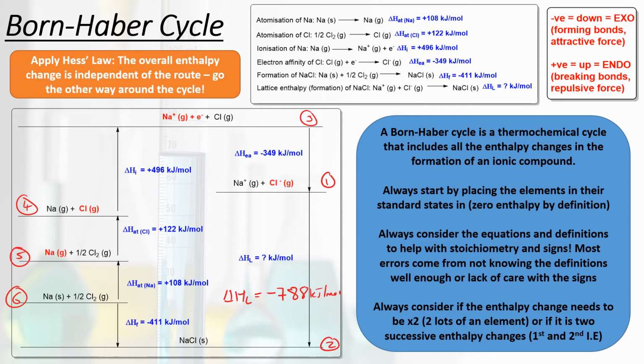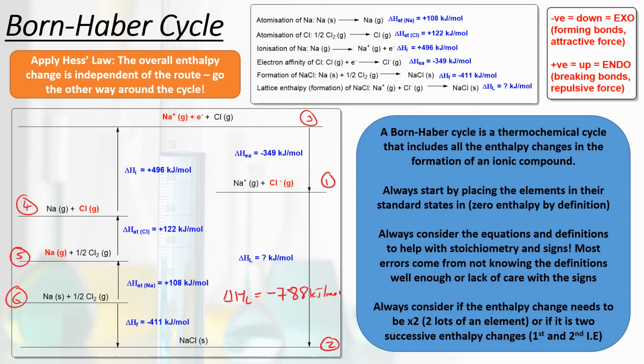Likewise, if it's positive, an endothermic process, this could be breaking bonds, where we have to put energy in to break bonds, or a repulsive process where we have to put energy into force things together, that's a positive enthalpy change, and hence the arrows go up. So the way that I draw Born-Haber cycles is as follows, and I go step by step in thinking about